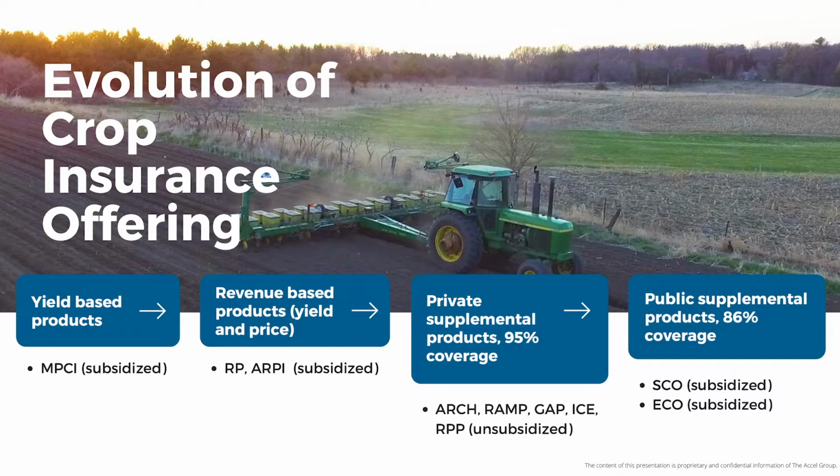That brought more participation. In the mid part of the last decade, 2014 and 15, you started to see more private products brought out to enhance the coverage of the base RP policies. So you might recognize some of those as being Arch, GAP, ICE, RPP, and some of you are familiar with these products. These are all unsubsidized products brought to us privately by carriers. So the public sector brought more coverage to us in about 2014 in the form of SCO. Now we're getting a product called ECO, or Enhanced Coverage Option, which is a fully subsidized product and a more